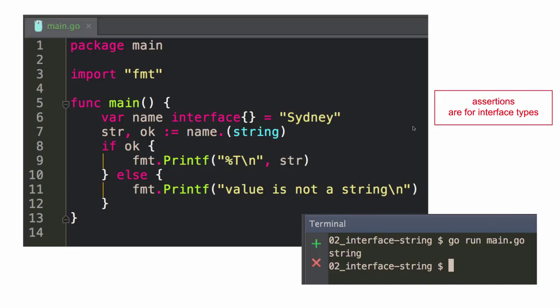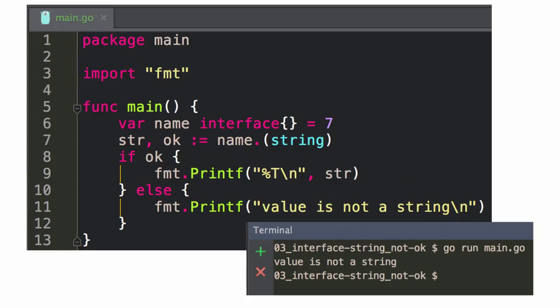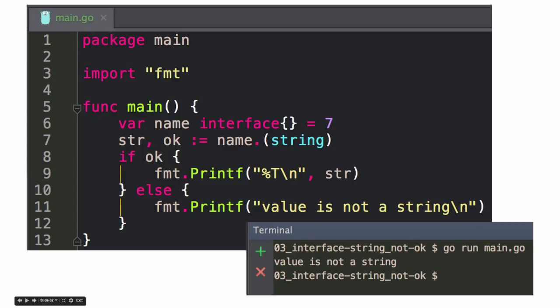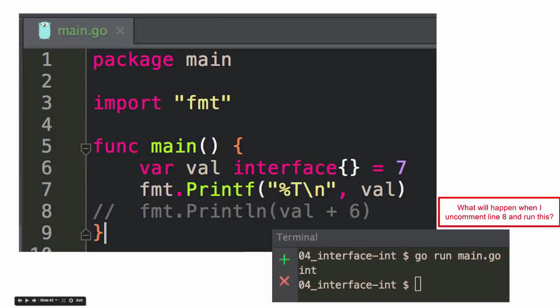So assertions versus conversions. It's one of the important things you want to get. So here I'm trying to assert that this is a string, name's a string, but name is actually an int. So if I put int in there, I wonder if that's my next slide. It's not. It would work. Value's an int. I'd have to assert name is an int. So here, val interface 7, and then I print the type of that, and I get int.